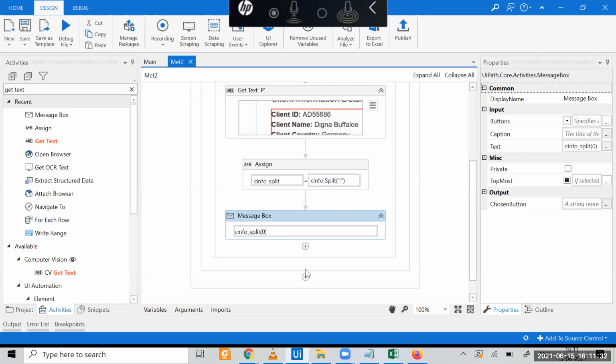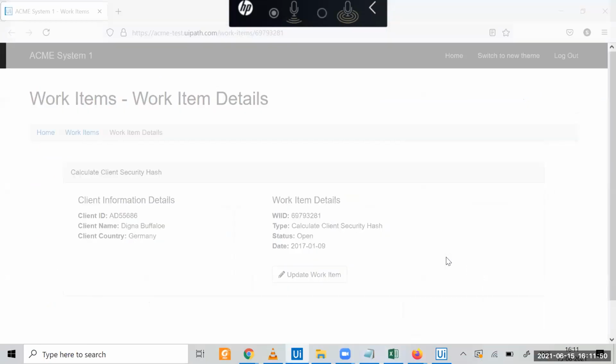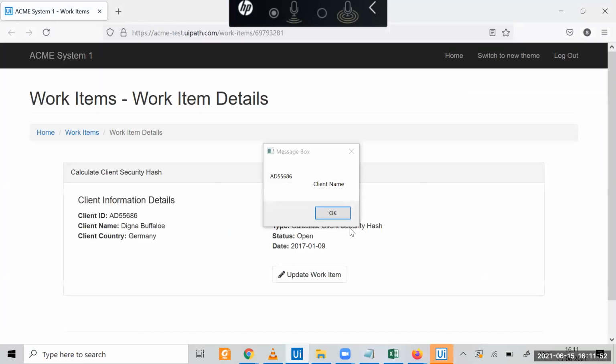Similarly, let's check it out. This particular assignment sometimes behaves strangely. You can see what the problem is happening.